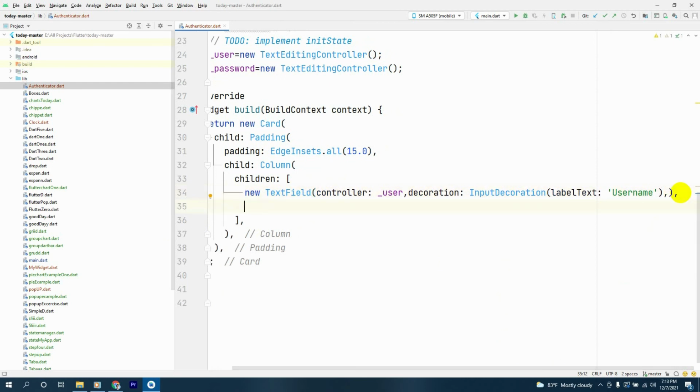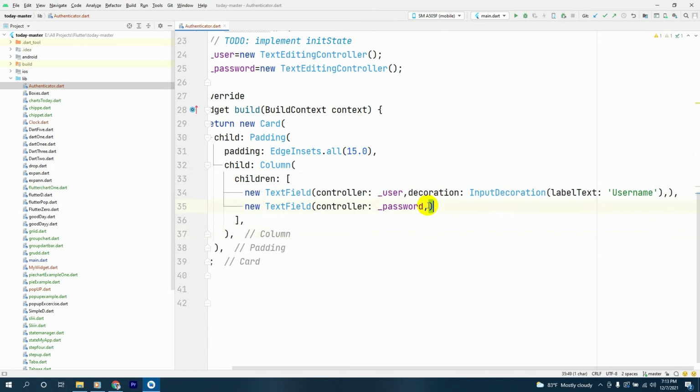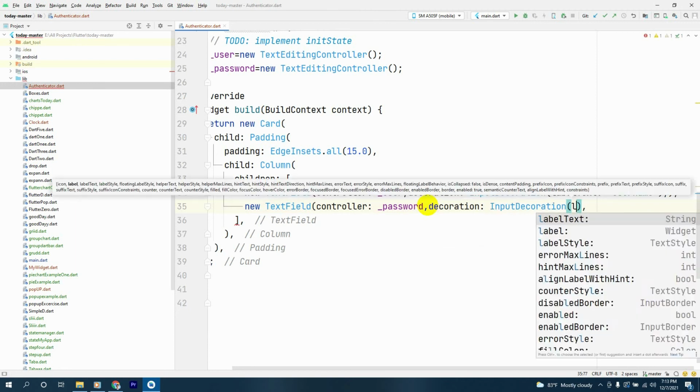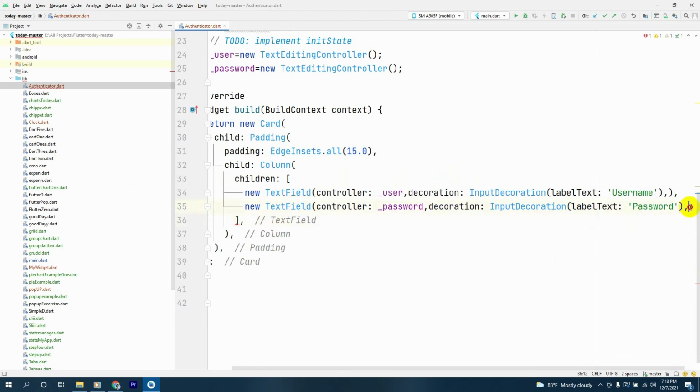And next thing, we'll have another new text field, and the controller will be password, and the decoration will be input decoration, and the label text will be password. Alright, we close this from here like this,